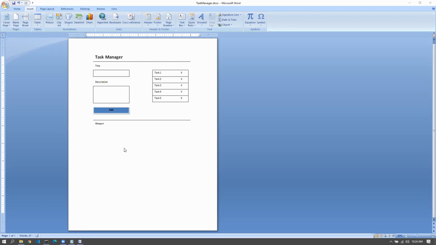So for example, Rita suggested that we should go with header, footer, task list, and the form, right? Which is fine. We can start with that, and then we can move ahead. And if you think that more components can be formed, you can form it on the way. So the process of component generation has to